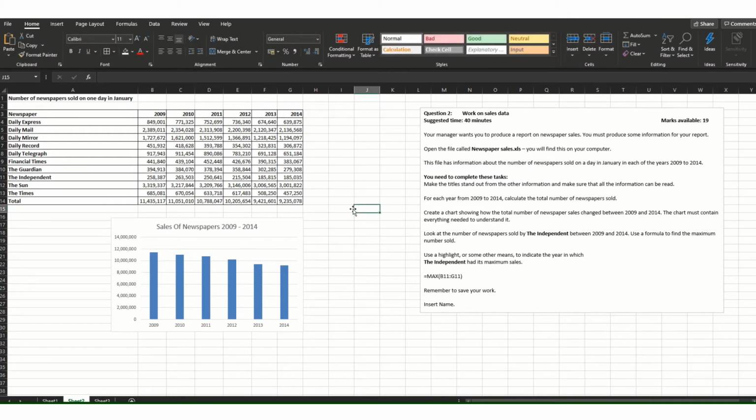So next question is, use a highlight or some other means to indicate the year in which the Independent had its maximum value. Okay, so look for the Independent. Now there's two ways we can do this. We can do the old fashioned way, let's look across. Yep, 263,000. Bingo. Or the other option we've got,